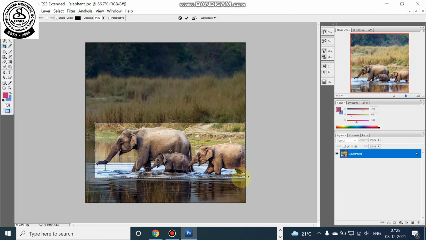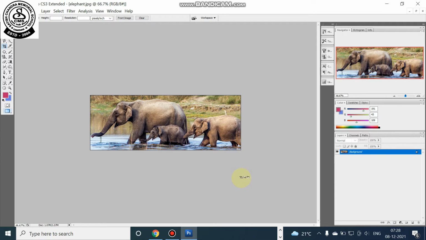As this part is selected, you can press Enter. I have pressed Enter and automatically the picture is cropped. You can see the picture has come at the center of the Photoshop window. So this is the way you can crop a particular part of the picture.